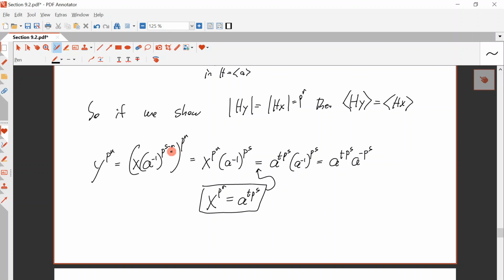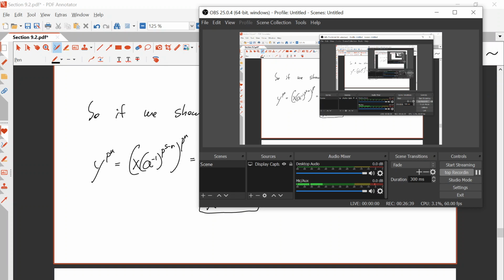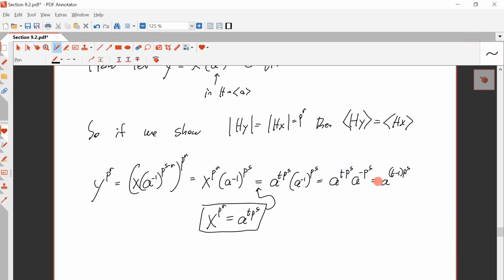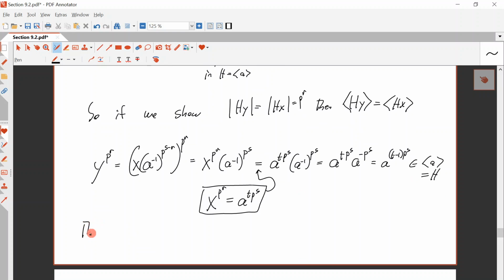Right, so here we are. So this is a to the t, p to the s, a to the minus ps. So you add those and you get a to the t minus 1, p to the s, which is an element of the cyclic subgroup generated by a, which is equal to h. There can be no smaller exponent